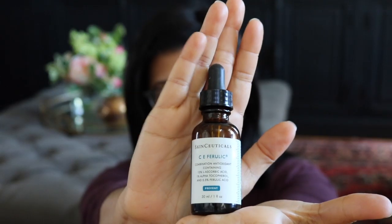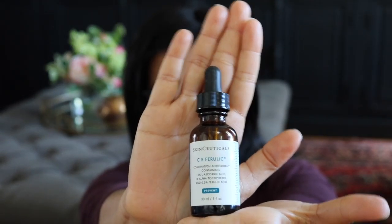Next up is a holy grail product for me, you guys. This is unfortunate that it's a holy grail product because it is so expensive. And it is SkinCeuticals C&E Ferulic. This is the gold standard of vitamin C creams. This was what started it all in terms of what dermatologists would recommend for vitamin C creams. The ferulic acid in there stabilizes the vitamin C supposedly, and it's been the same formula for a very long